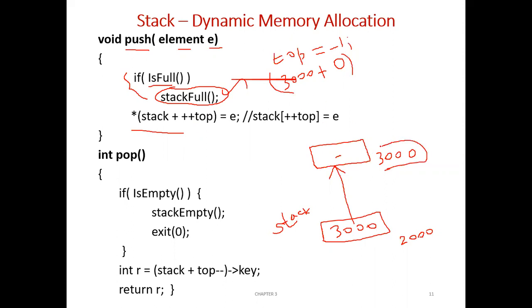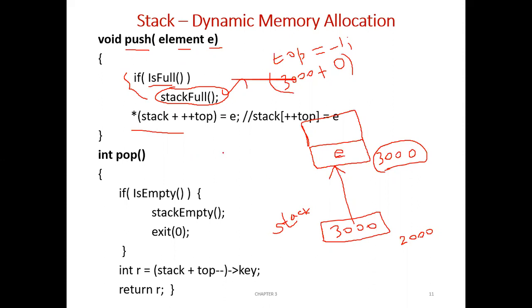That is this address. But where do we want to store? In this location. So we are using star, so the value at this location will be e. So whatever e we are passing, that will come here. Okay, so next round, once again, if you push, what will happen? It is already full because as of now our capacity is 1. So stack will be doubled. So now when doubled, in the sense, one more set of 4 bytes will be allocated where another element can be stored.